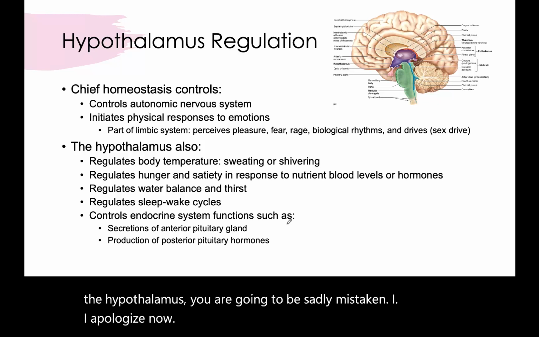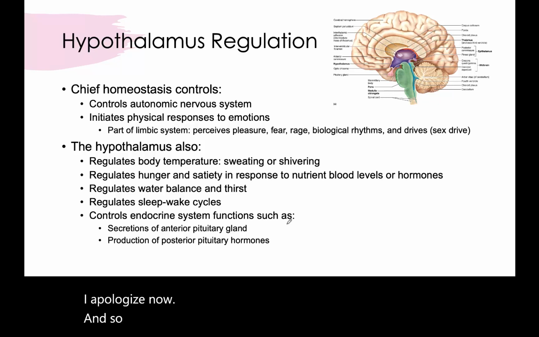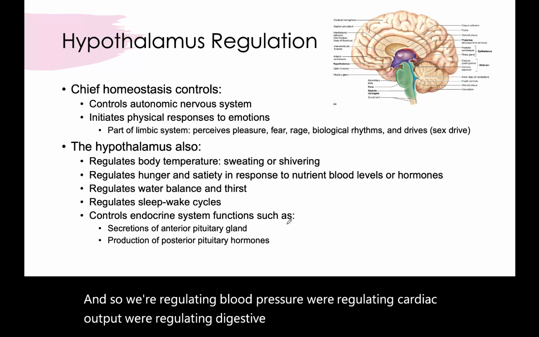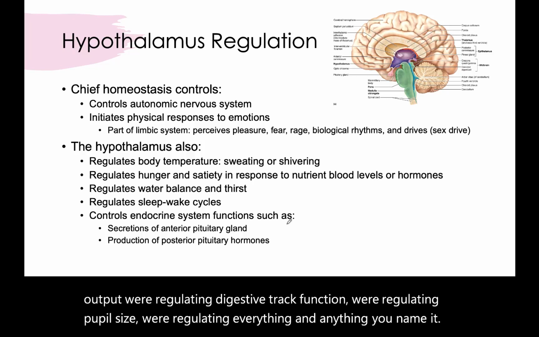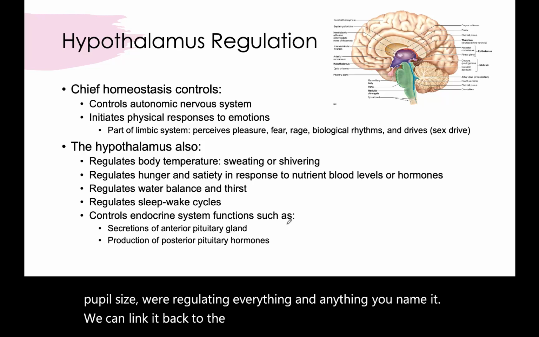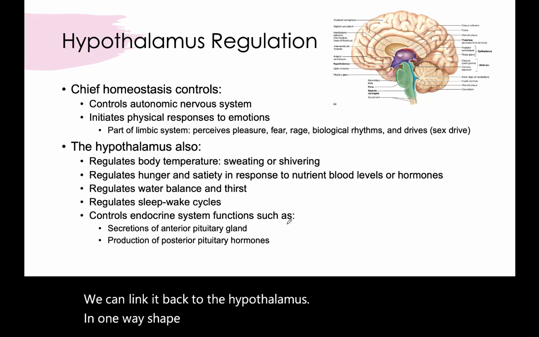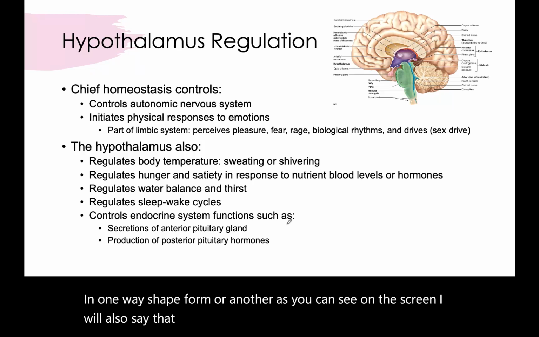And so, we're regulating blood pressure, we're regulating cardiac output, we're regulating digestive tract function, we're regulating pupil size, we're regulating everything and anything. You name it, we can link it back to the hypothalamus in one way, shape, form, or another, as you can see on the screen. I will also say that a failure of the hypothalamus to maintain homeostasis